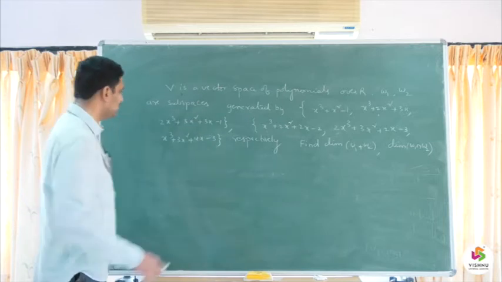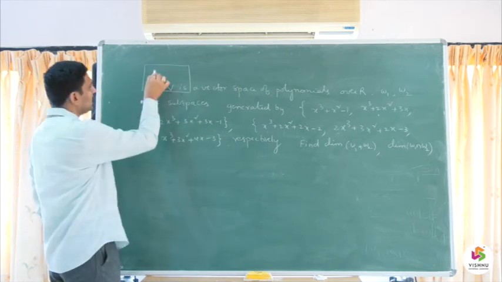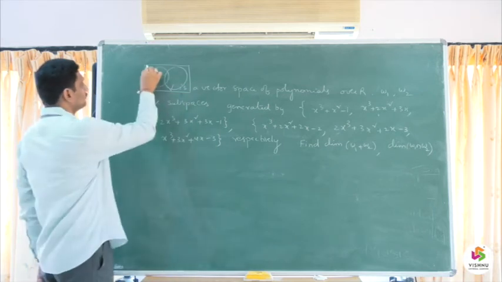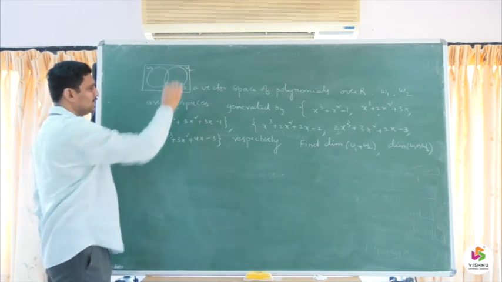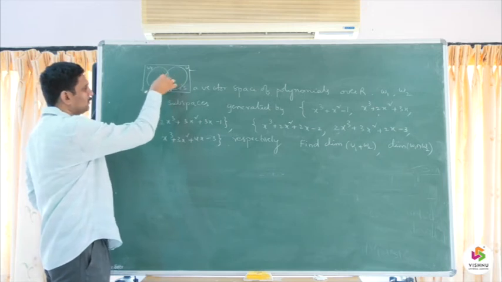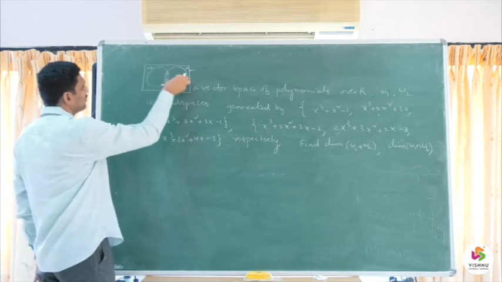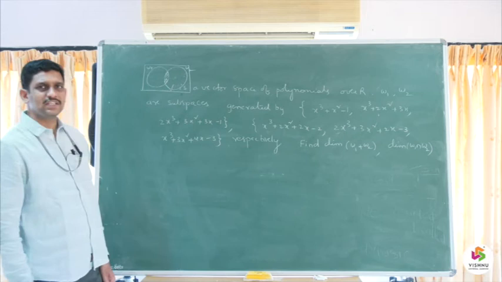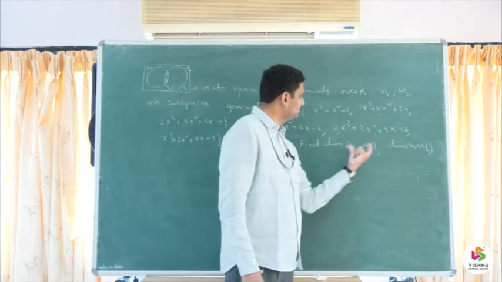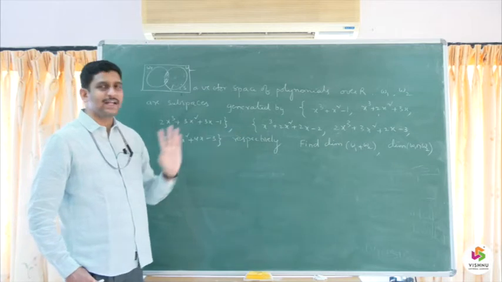So, in that vector space, you can imagine like this: this is my vector space V. Here I have taken two subspaces in this, one is W1 and another one is W2. Obviously, you can observe that W1 intersection W2 is a subspace, and if you consider the entire space W1 plus W2, it is also a subspace. For these two subspaces, I need to find the dimension. Here my interest is to calculate the dimension, not the basis.